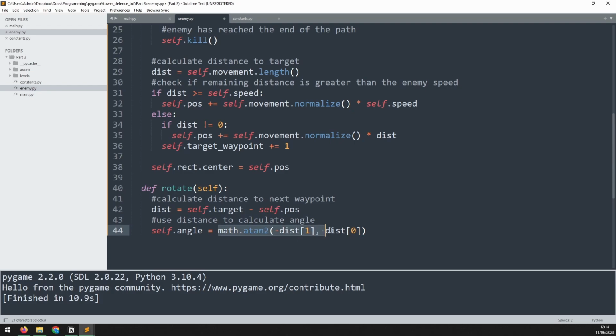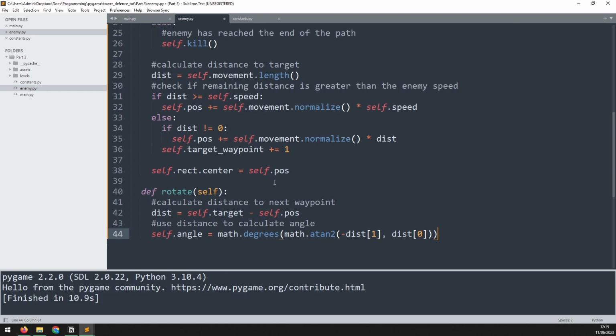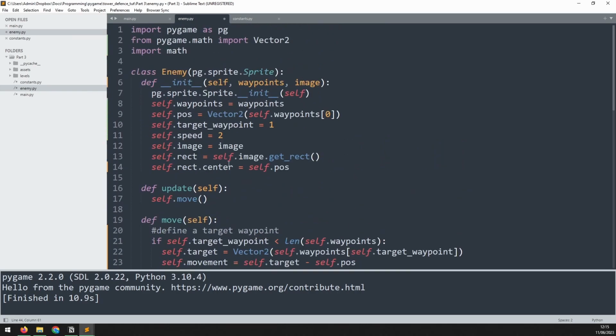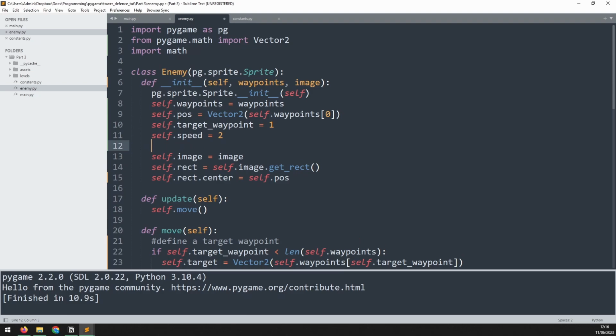Now, this will give us an answer in radians. We need to convert that into degrees. So we'll say math.degrees and then wrap all of that in brackets. Now that we've got the angle worked out, we can rotate the image. But if we keep rotating the same image over and over, then over time, we're going to lose quality in the image. So what we actually have to do is keep the original image and then rotate that image every time. So as well as this self.image variable, we'll say